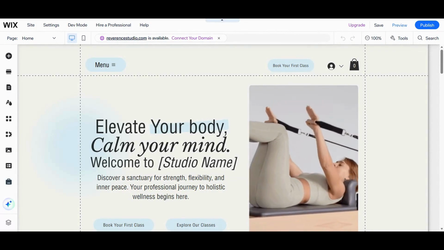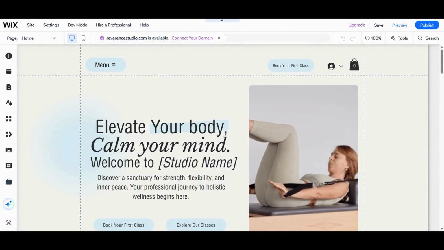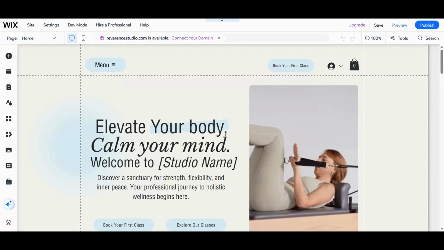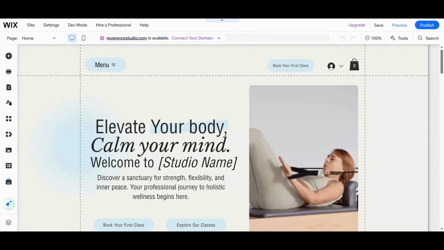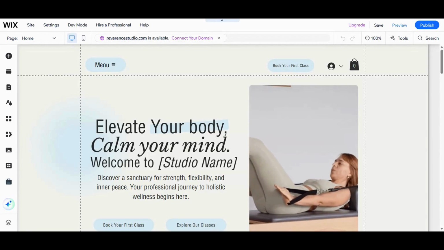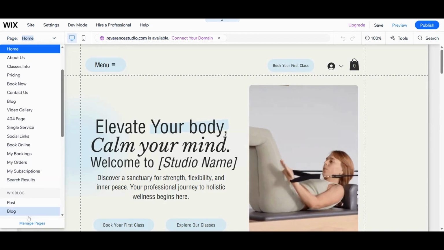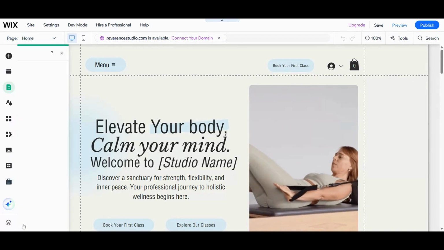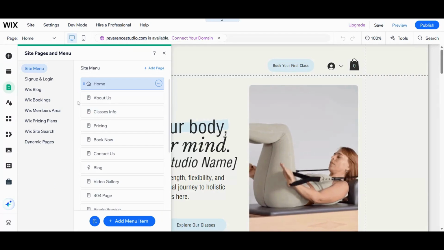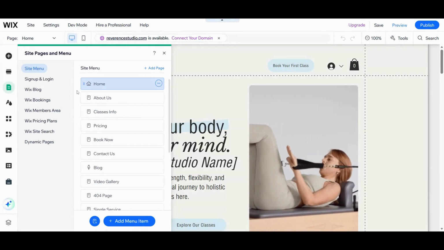And now we are here on the Wix Editor, and I'm going to use your home page to show you how easy it is to customize your template. But first, I want to mention that you can find all of your pages here on the side. And if you go down here to manage pages, you will find all of the pages from your template, and